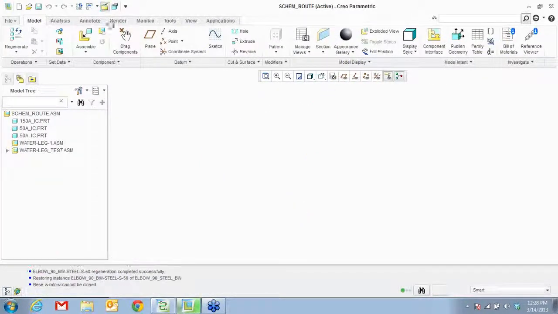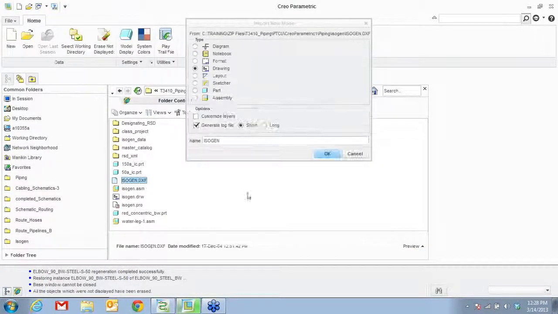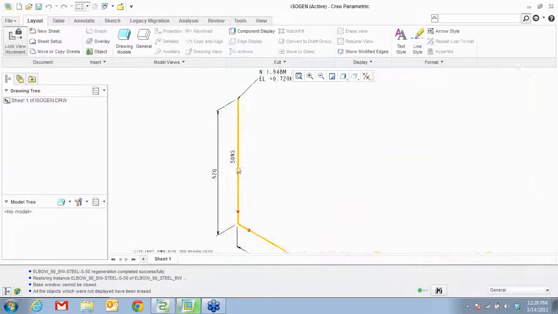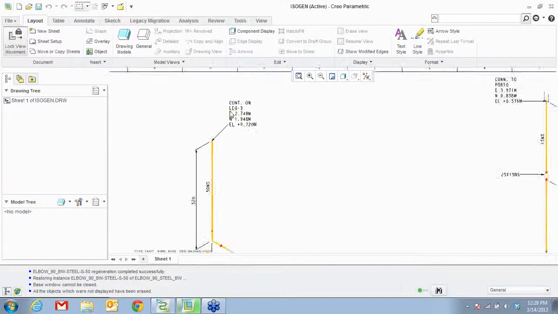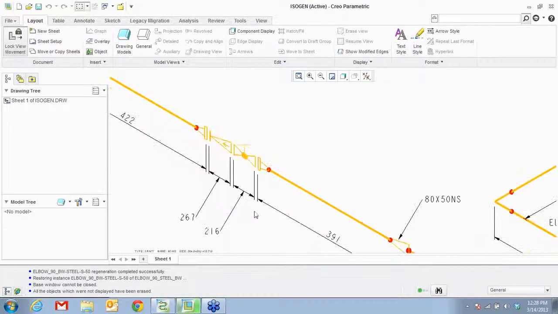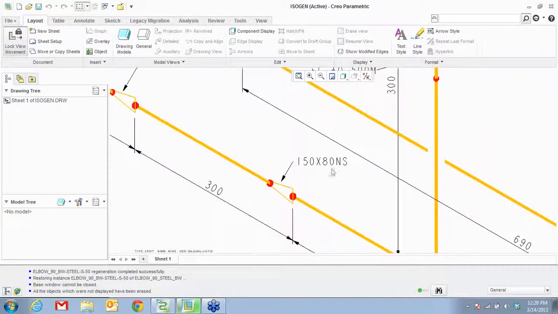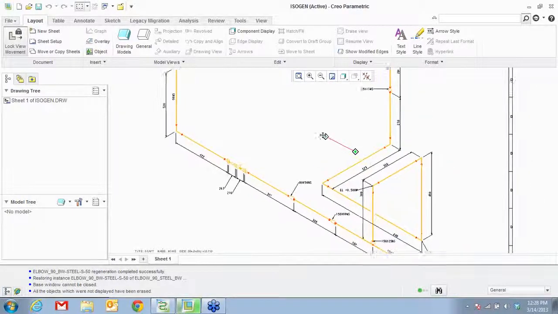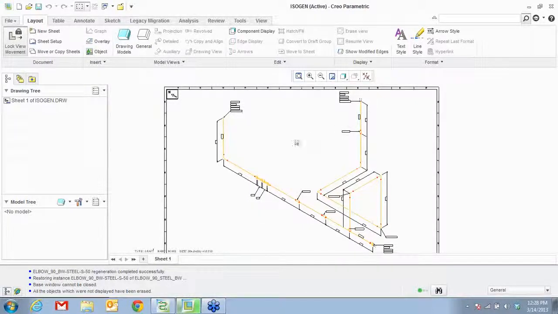I have an example for you. I'm going to show it real quick. So if I open this drawing, you can see it's going to create all your sizes, leg 3. You see that? You have your valves, you have your reducer 80 to 50, 150 to 80, right? Just a sample that I want to show as to what Alias Isogen can do for you. It's going to create these PCF drawings, which are piping standards.